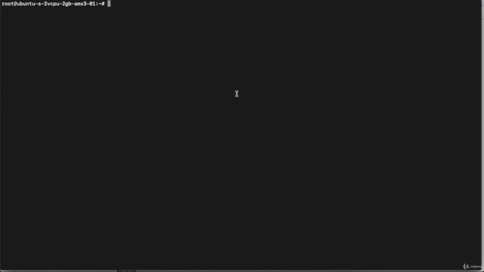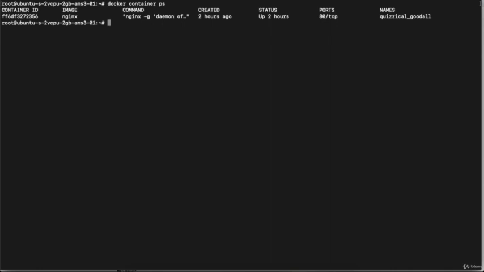First, I will go to my terminal and verify whether any nginx container is running or not. For this, I will execute the command docker container ps. You can see an nginx container with ID ffd6f is running on my Docker machine. This is the running container. Now, as per our scenario, we want to insert something in this running container. Very first, we need to verify the directories which are available inside the nginx.